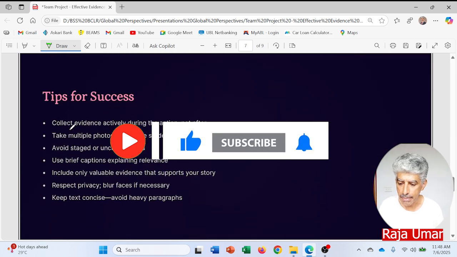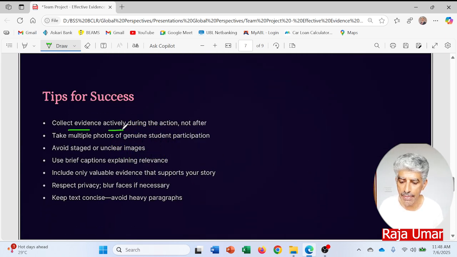Tips for success. Collect evidence actively during the action, not after. Take multiple photos of genuine student participation. Should not be plagiarized, should not be taken from other sources. Avoid staged or unclear images.